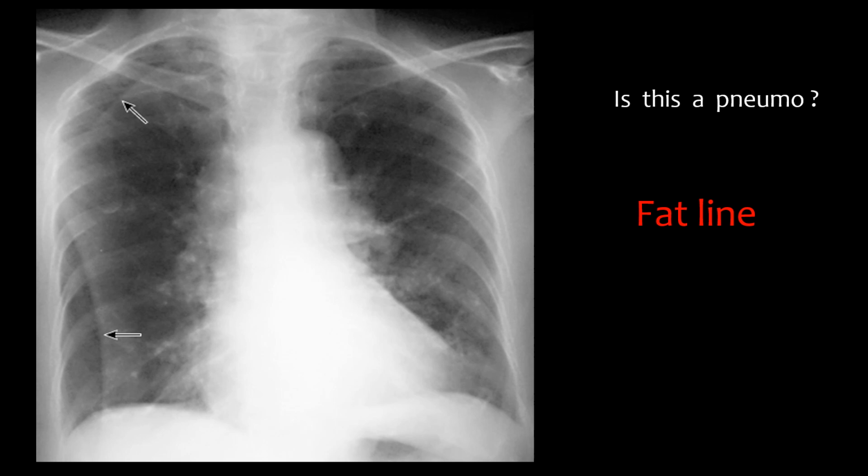Actually, there are a lot of artifacts which can give lines on the X-ray, and you have to ensure that this is a pneumothorax and not something else. I told you earlier that it can look like a pneumothorax when there is only a bulla in the patient. There's a lucency and you think it's a pneumothorax. It's a large bulla actually, and often it's a bulla and not a pneumothorax.